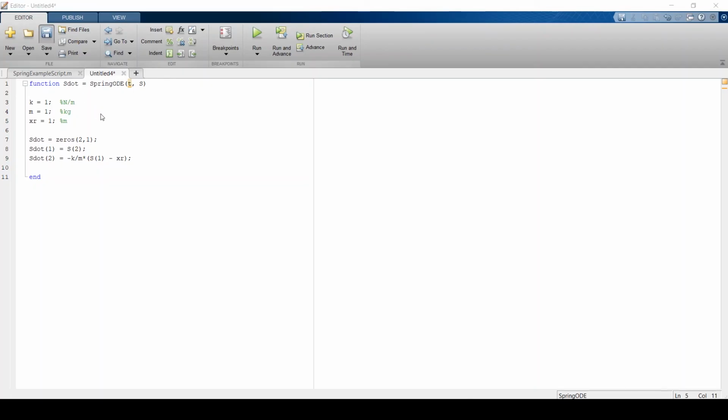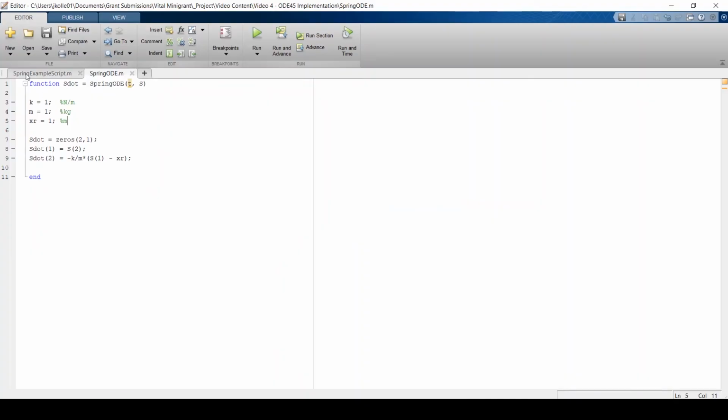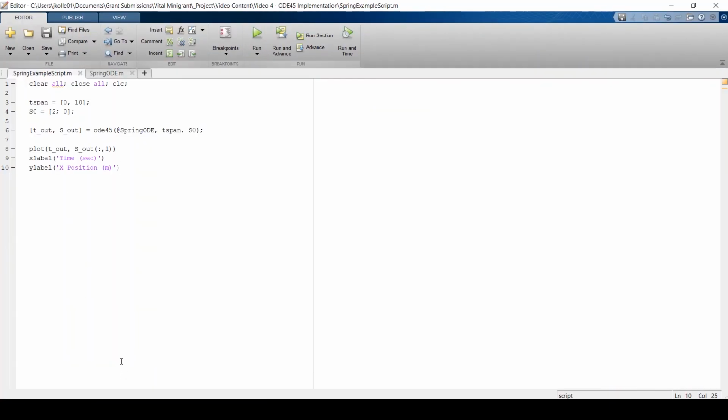So I'm going to go ahead and save this as Spring ODE. And now this code should run. One point I want to make though is to make sure that this script and this ODE function are in the same folder, or at least they're in a known path. If they're not in the same folder or a known path and you try to run this, MATLAB will kick back an error saying that Spring ODE doesn't exist. So if I go ahead and run this,